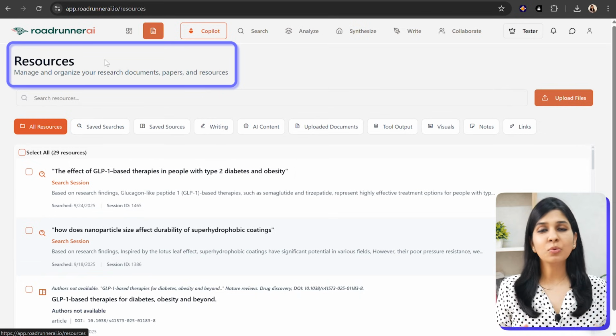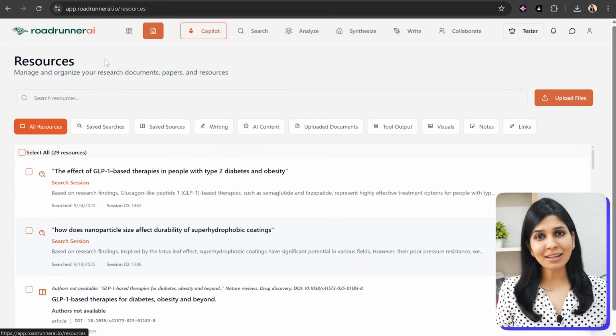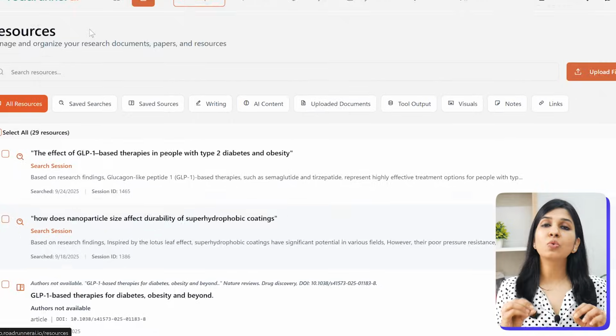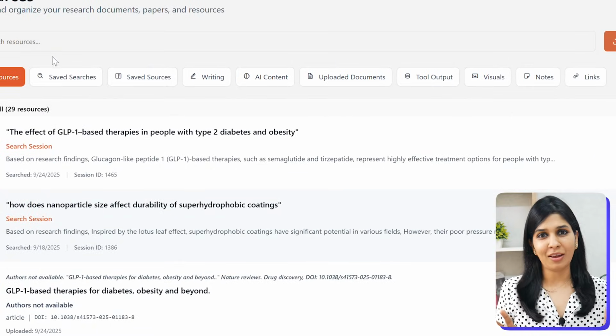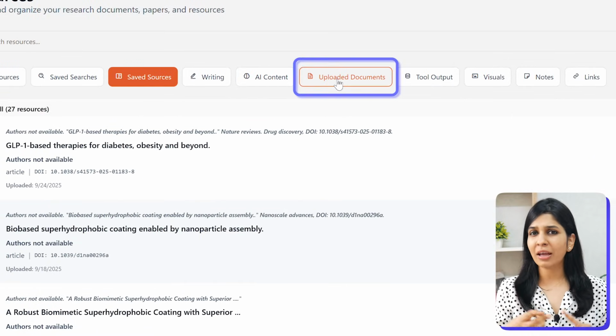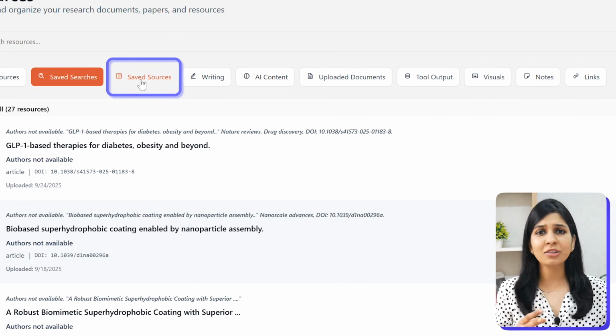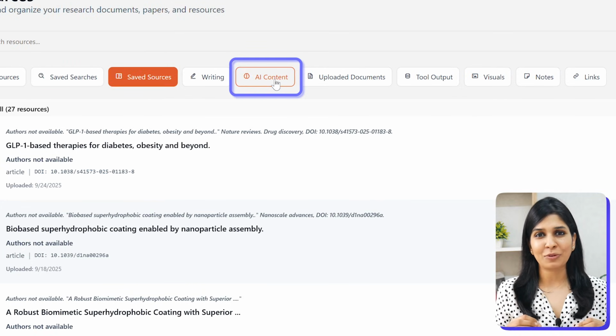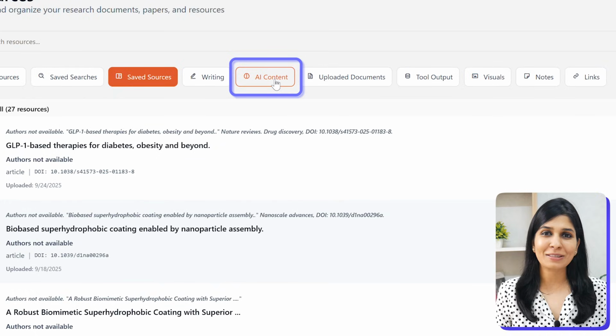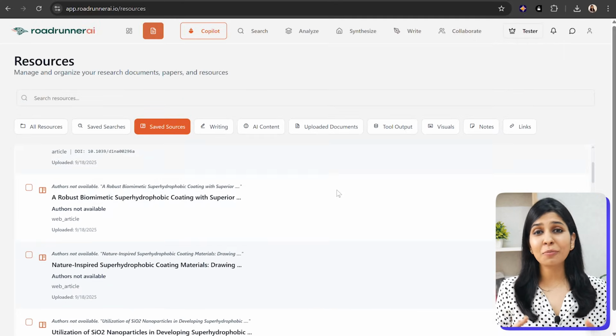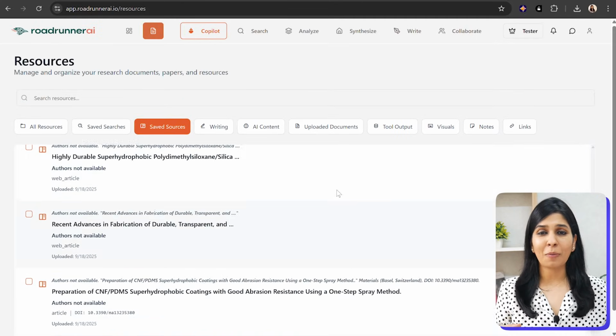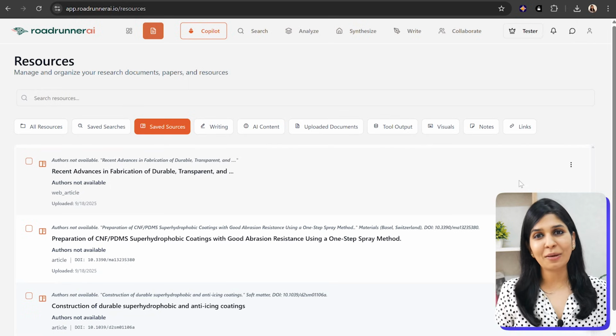While other AI tools help you save your PDF and citations, this tool lets you save everything from search strings, PDFs, external links, datasets, to even AI outputs, all within the same workspace. For researchers who have their information scattered across different formats, this can be a total game changer.